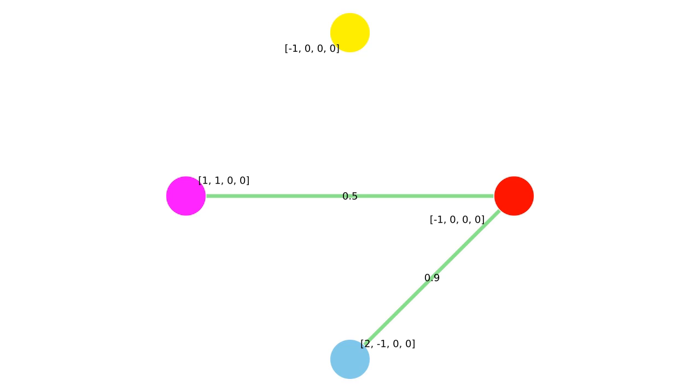In this situation, red knows blue and magenta. So blue knows red, but only knows magenta through red, not directly. Yellow does not know anybody in this system. The weights on the edges indicate how much confidence these gardeners have in each other. In this case, red has more confidence in blue's ability to grow things and pay debts than in magenta. Yellow does not trust anybody.